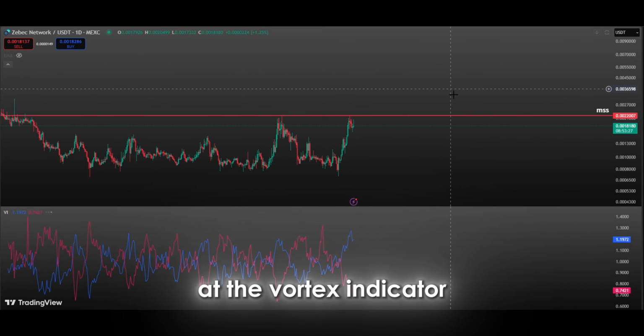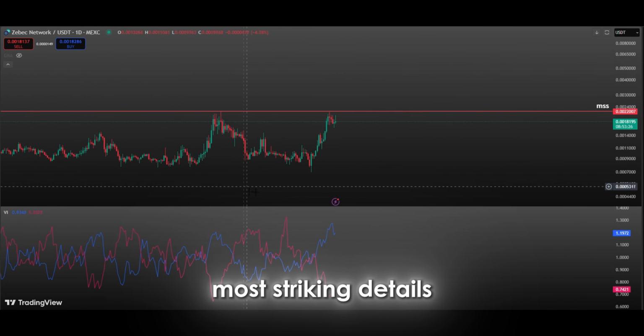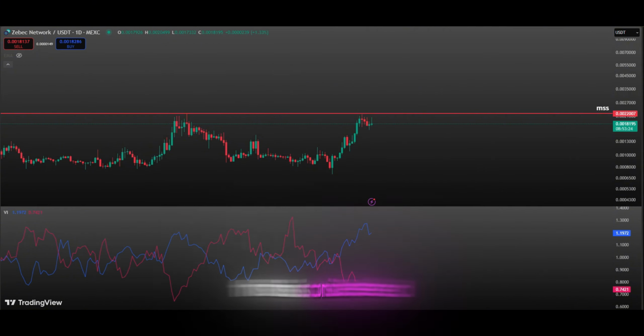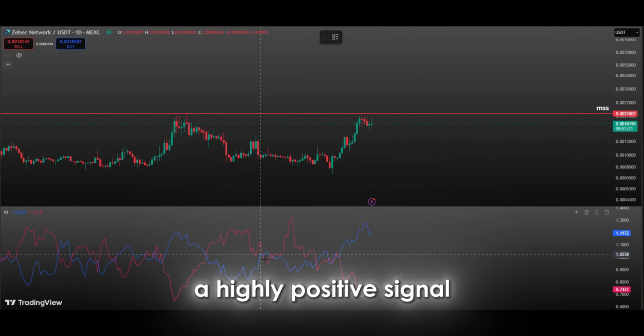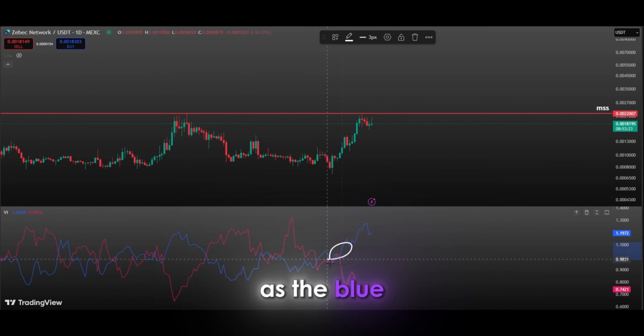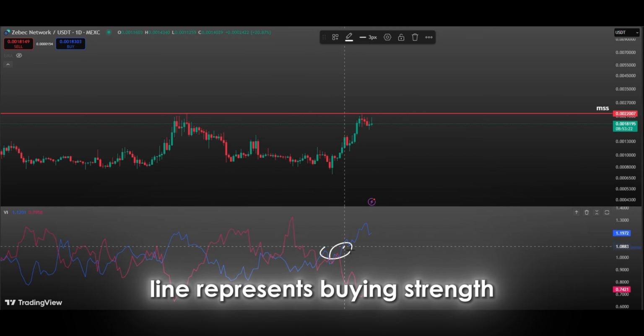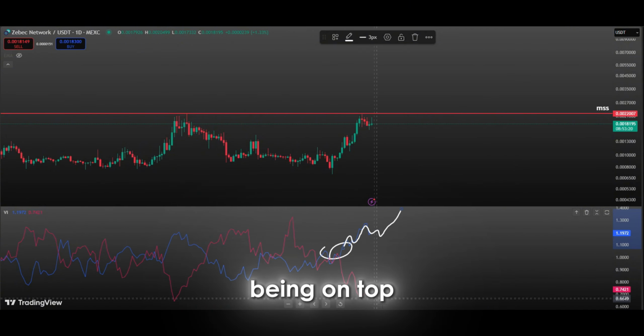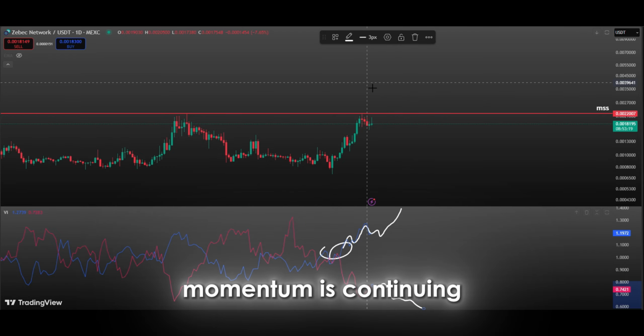When we look at the vortex indicator, one of the most striking details is that the blue line is positioned above the red line. This is considered a highly positive signal in technical analysis, as the blue line represents buying strength, while the red line reflects selling pressure. The blue line being on top indicates that buying pressure is stronger than selling pressure, and that this momentum is